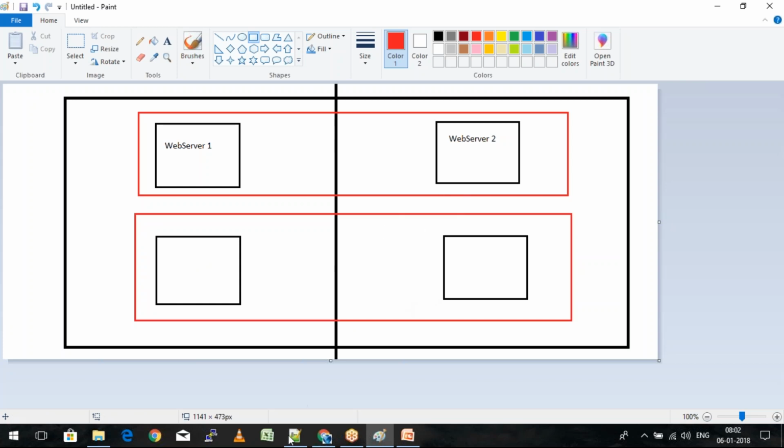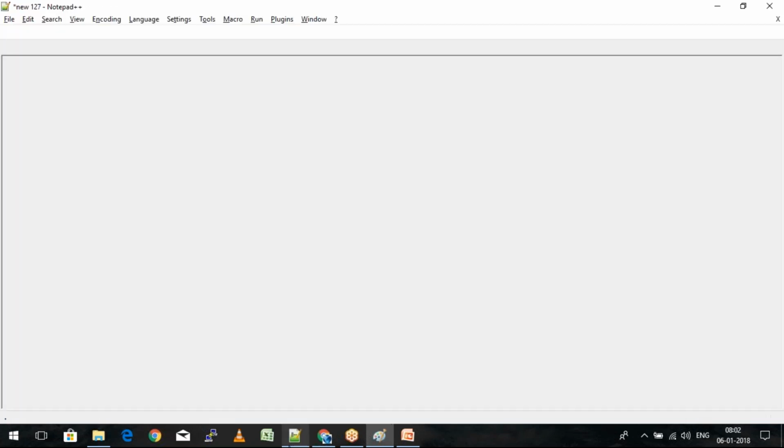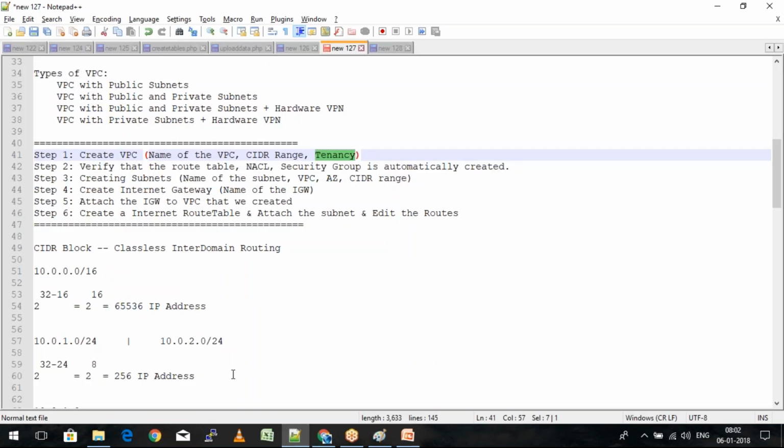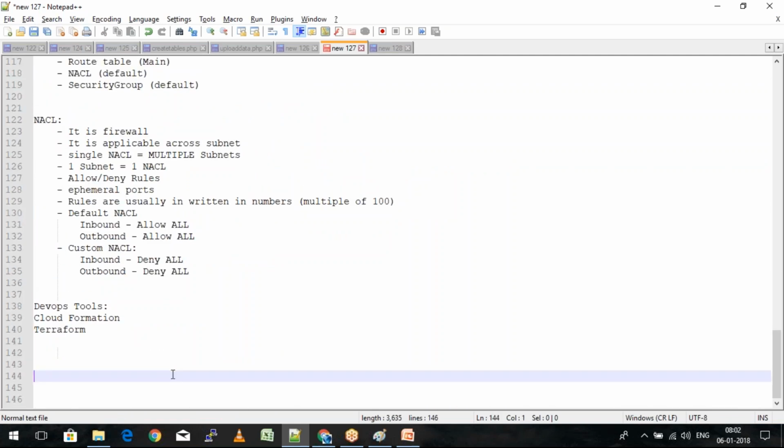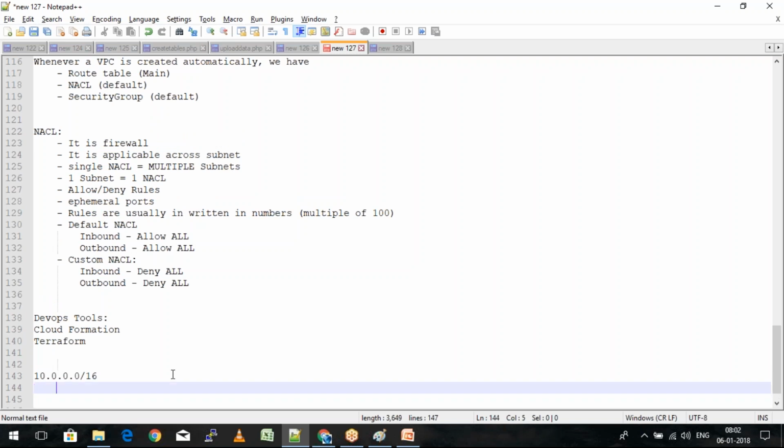Now you might be wondering how this happens. Now let me show you the practical portion. Like we have got the 10.0.0.0/16 set of IP addresses, which is the range for the VPC, which has got 65,536 IP addresses.